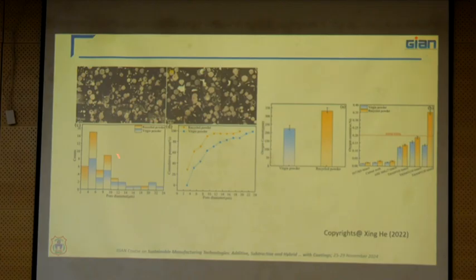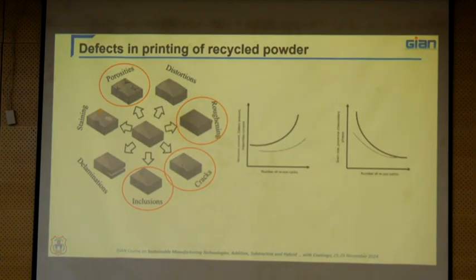If you see the recycled powder particles and the original powder particles, the pore diameter inside our particles is very, very high and the count is very high in the recycled one, but in the original one, the porosity, the pore diameter and the count are very, very low. This will also create oxygen contamination. The original powder has 200 to 250 ppm, but in the used powder it is almost 350 ppm, so the oxygen contamination is increasing. If you use these kinds of powder particles, then we come across poor